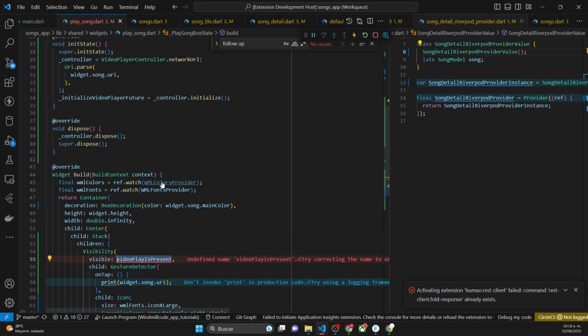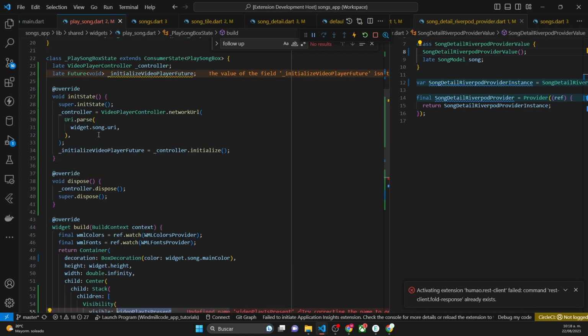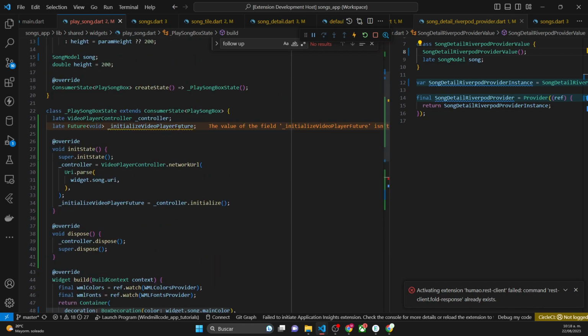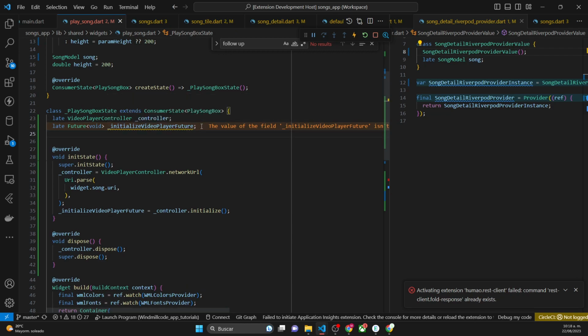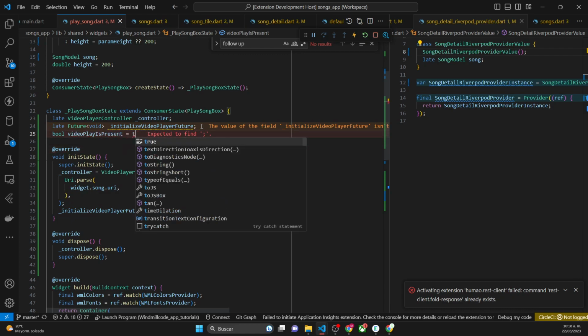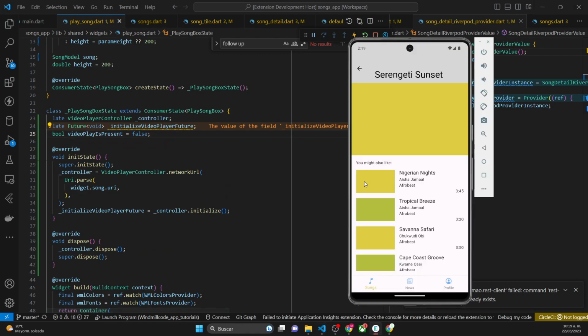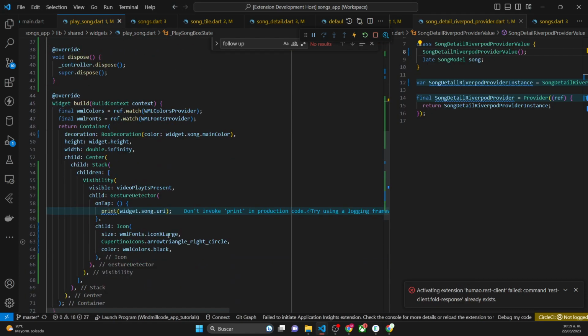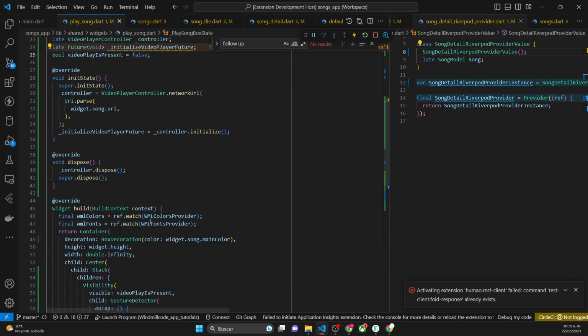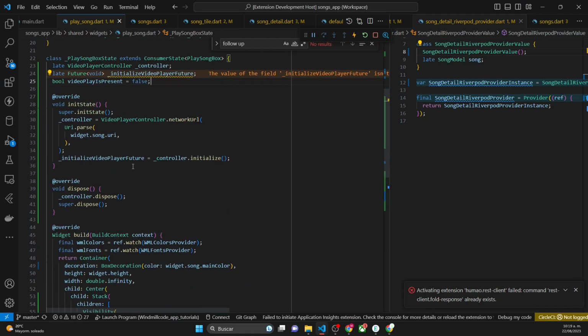Right, so that's going to be a bool. I think that value has to go right here. So I'll say video player is present on the set that equals false. So let's try to see what that looks like. Now nothing pops up. And then I think even so,